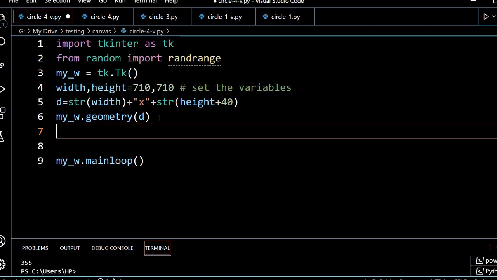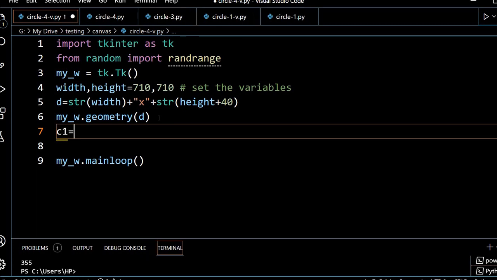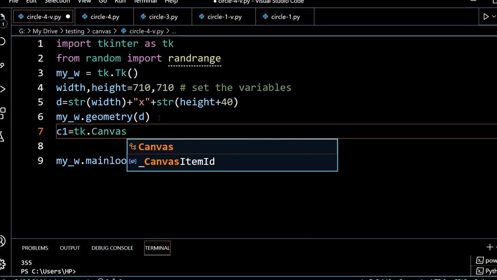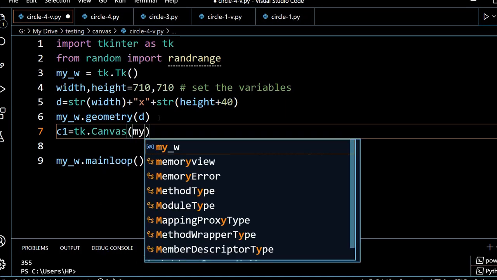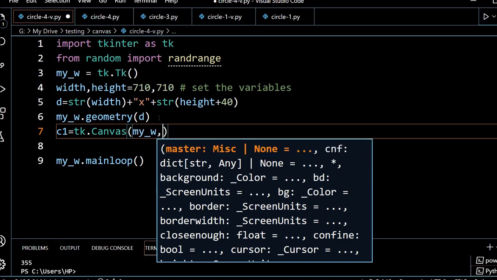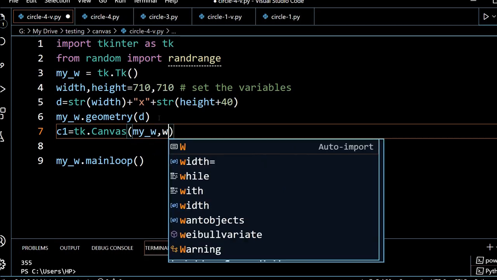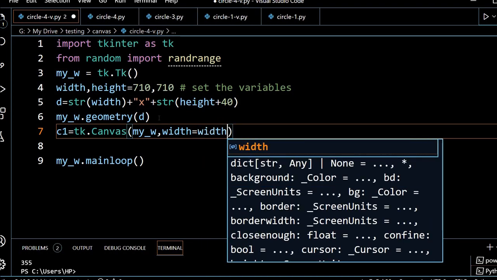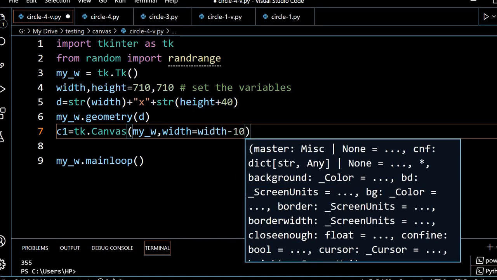Now let's start with our first step. We'll create a canvas. C1 is my canvas, tk.Canvas. Where will it be placed? In my parent window, which I have declared in line number 3. Here I am telling the width of this canvas equals width minus 10. Width I have declared here as 710, line number 4, width and height both.